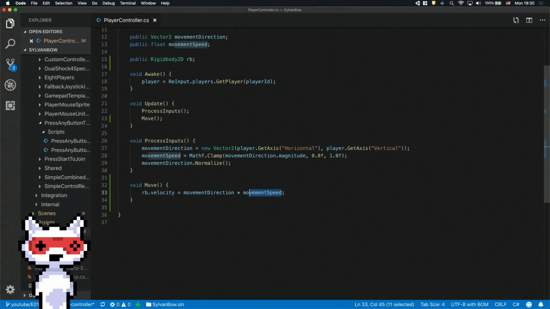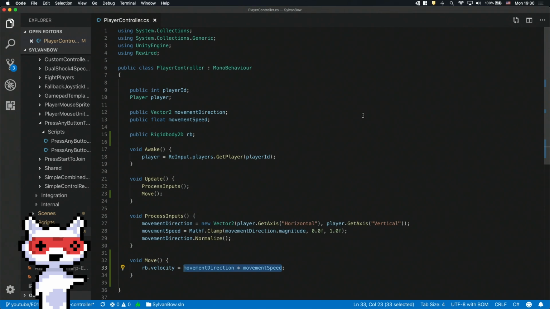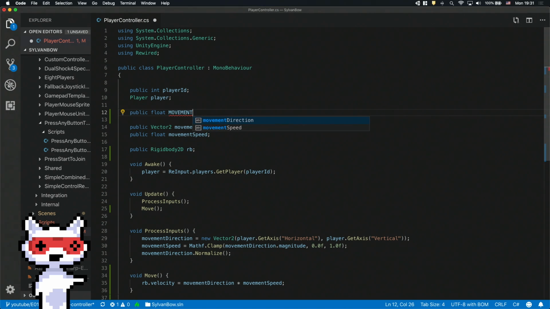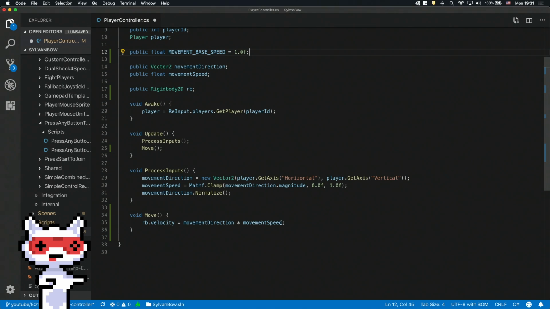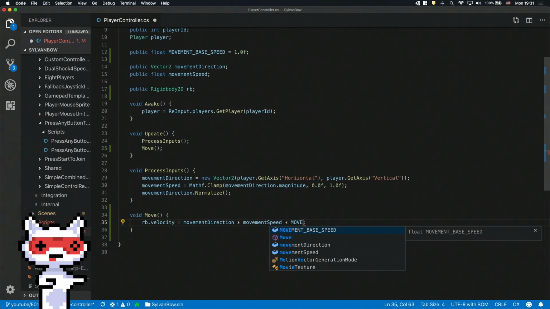If we want to change the archer's overall speed, we can just multiply the expression with a float of our choice. You know what? Let's create a speed setting for the inspector window. We need to declare a new public float variable called MOVEMENT_BASE_SPEED. I choose this capitalized and underscored style for this variable to imply that this variable doesn't change very often and defines the base characteristic of the archer. Let's have a default value of 1, so if we forget to set it, it won't break our game. Instead, it won't have any effect. Now we only need to multiply the expression that defines the movement.